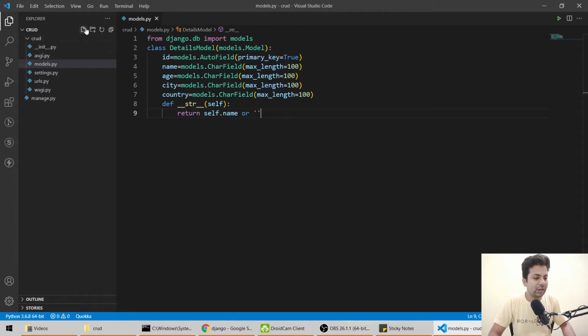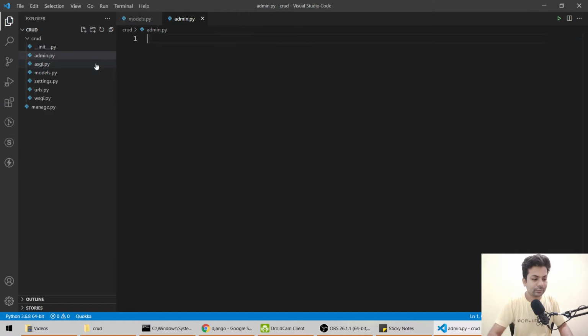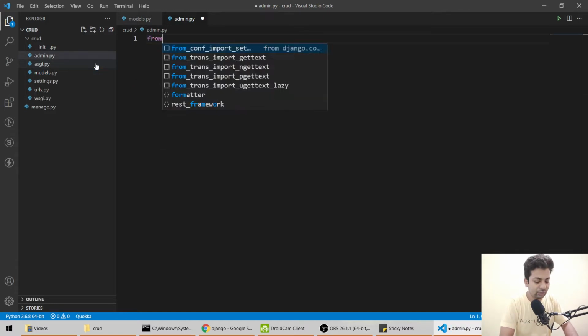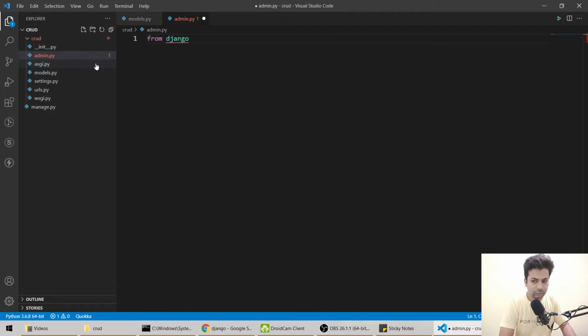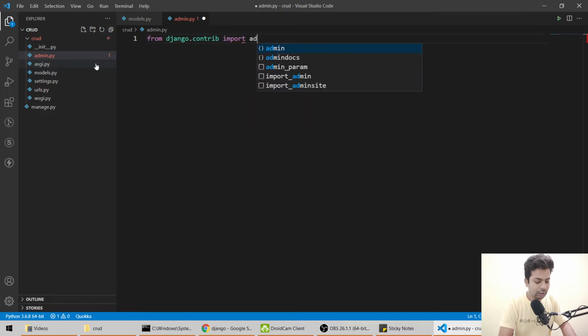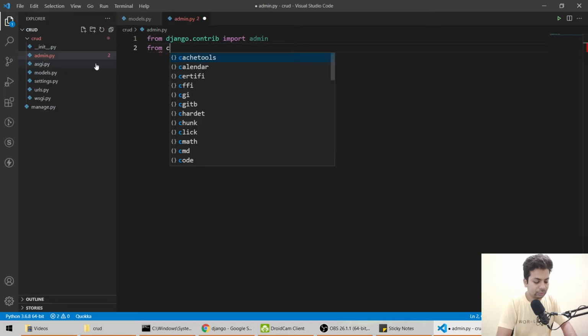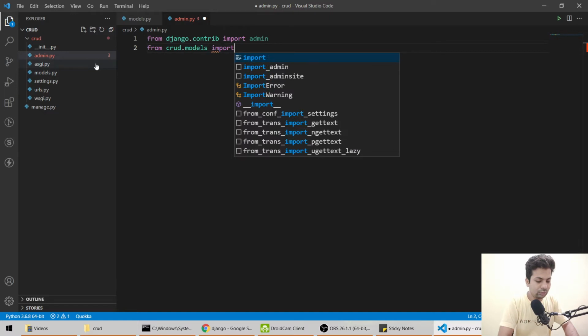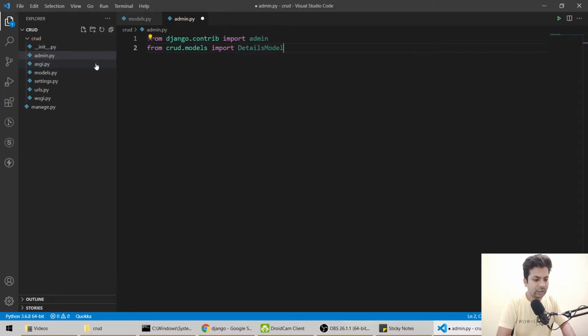Before that, we have to make the admin file. We'll say admin.py, and here we'll say from django.contrib import admin. Then from crud.models import DetailsModel.